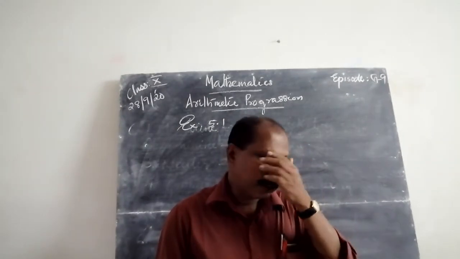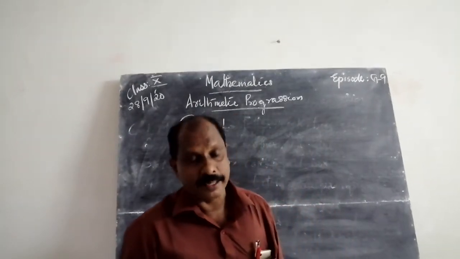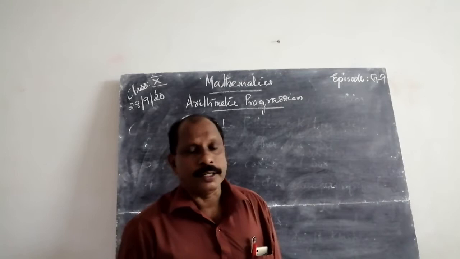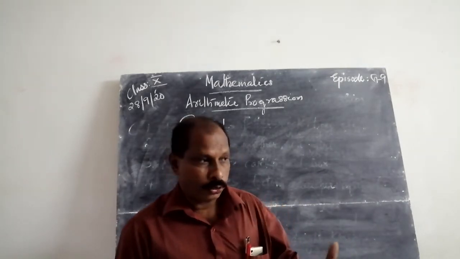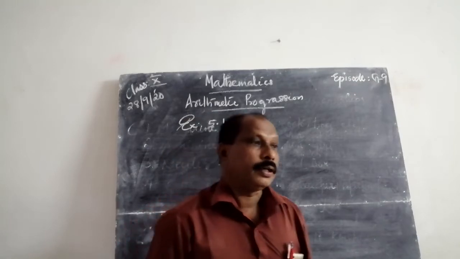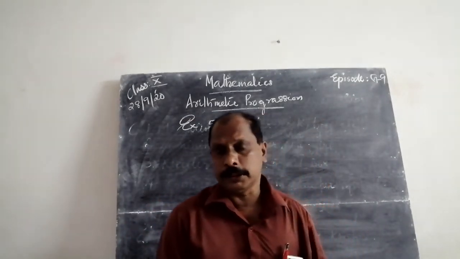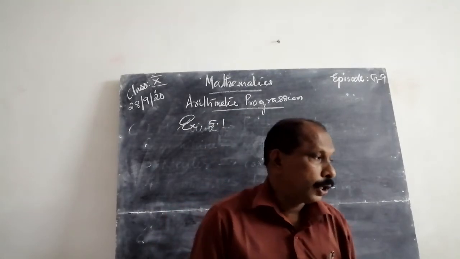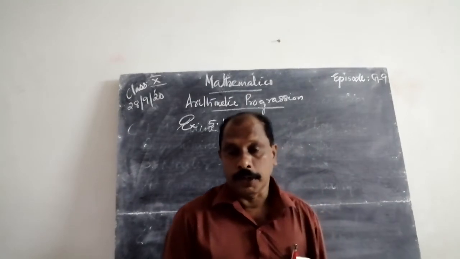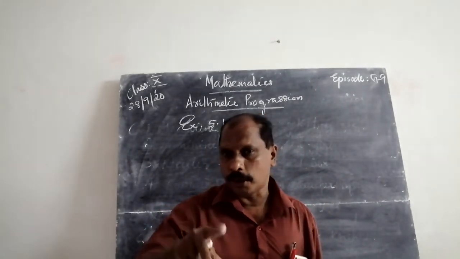We know that the nth term is an expression in n. The coefficient of n is always the common difference d. If n is replaced by 1, 2, 3, etc., we get the first, second, third, etc. terms of the arithmetic progression. That means if the progression is given, we can find the nth term. Also, if the nth term is given, we can find the first 3 or 4 terms of that progression using n equal to 1, 2, 3, etc.